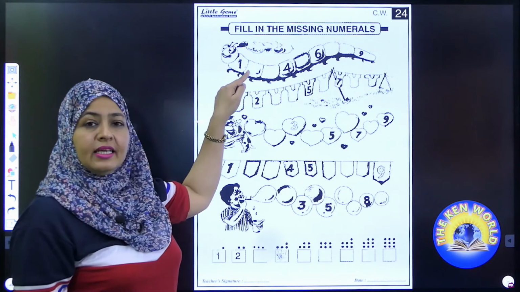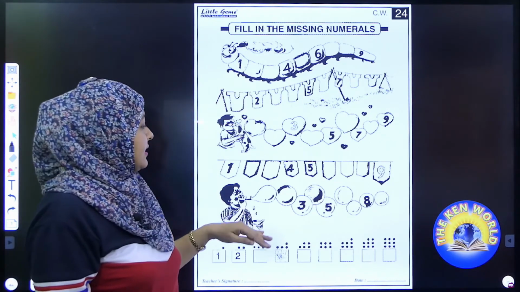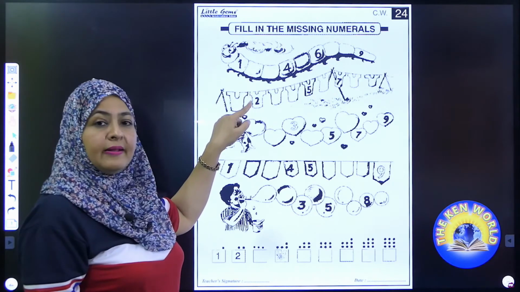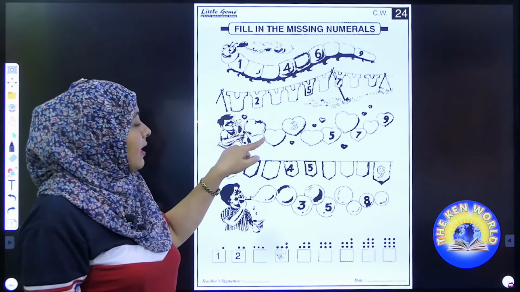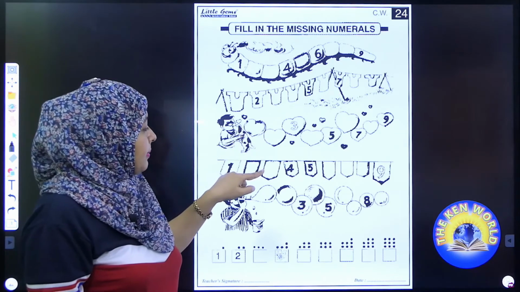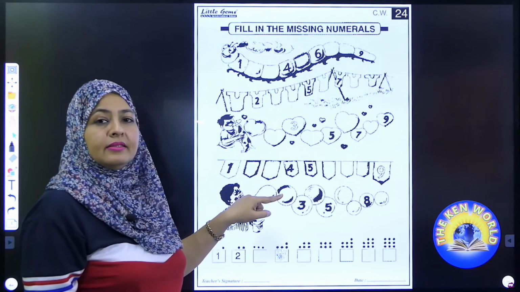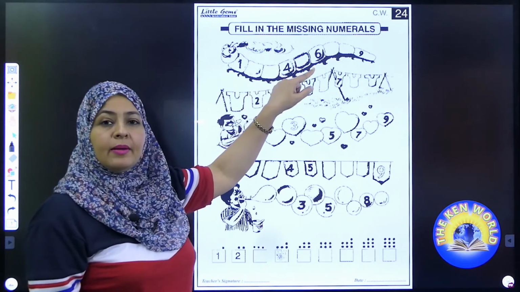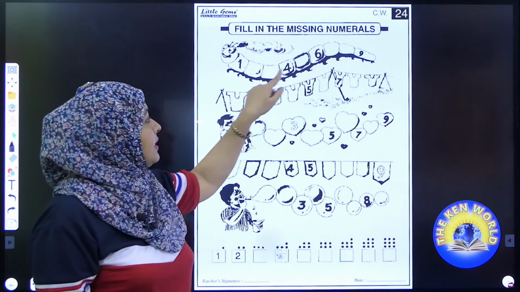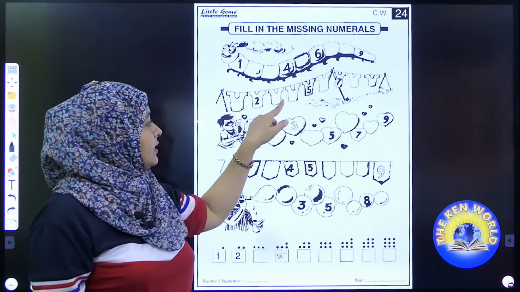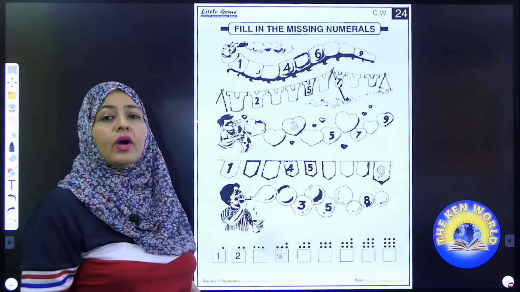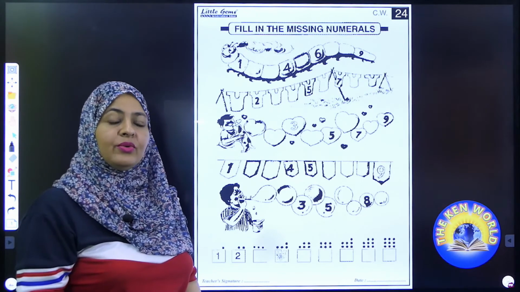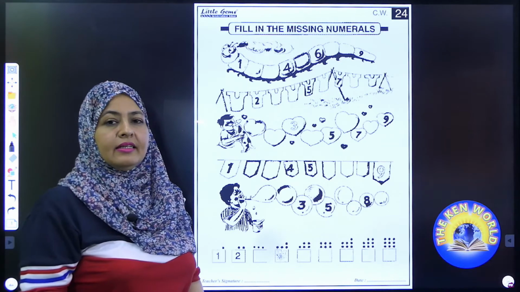Here you can see lots of objects like caterpillar, clothes on string, heart, banner and some bubbles. On these objects you can see some numbers and some empty spaces. You have to fill them. Are you ready? Let's start.